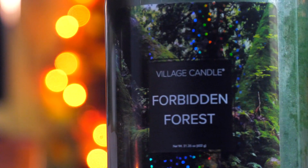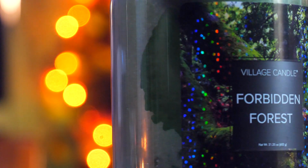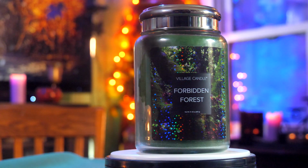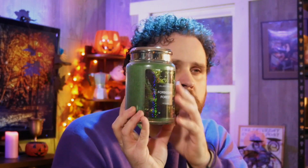We're probably all familiar with Village Candle, and although this particular candle, Forbidden Forest, looks very pretty, it looks like a fantasy. It looks like there should be fairies and unicorns prancing around according to this label. But if you put that aside when you smell this candle, you'll notice right away this goes into